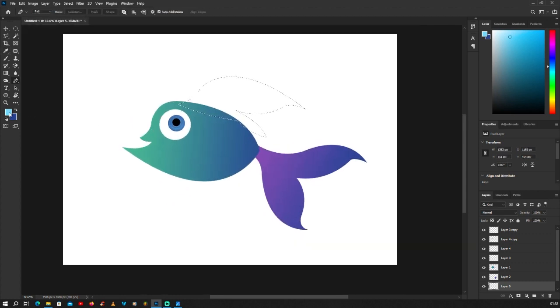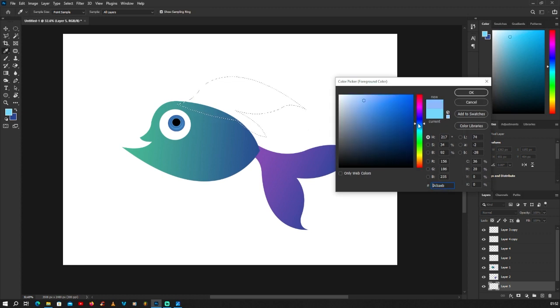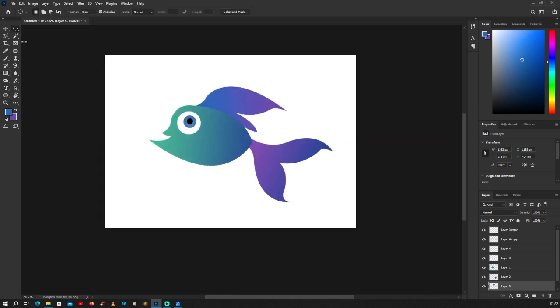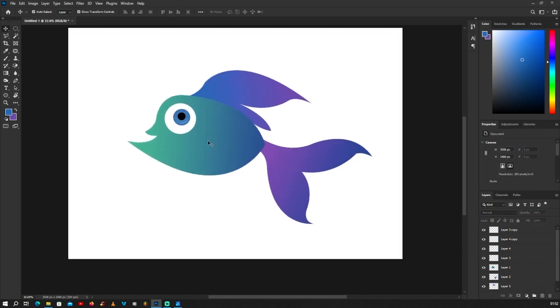So we put here a dark blue, then here we can put a purple, then we go to the gradient tool, we click here and drag. Yeah, we make it that, then we click on the body, click it, then come here and create a new